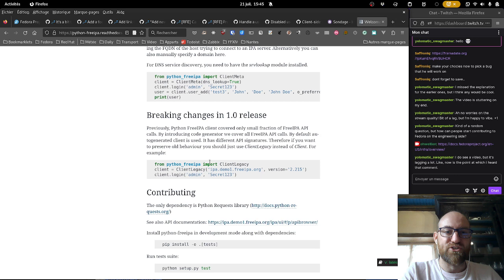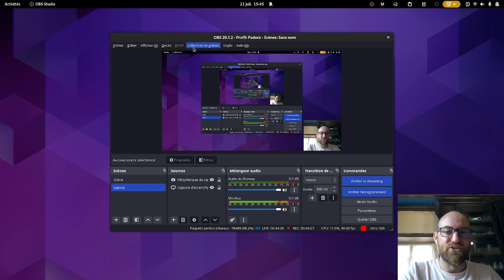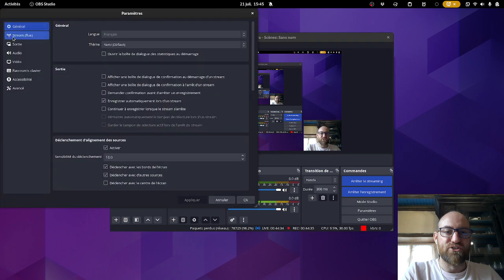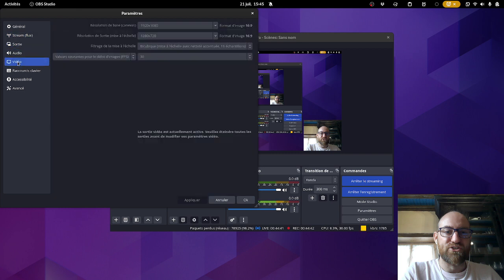I'll see if I can reduce the resolution, maybe. See if there's a switch for that in OBS. Okay, capture, output, probably something like this. Can I reduce that?